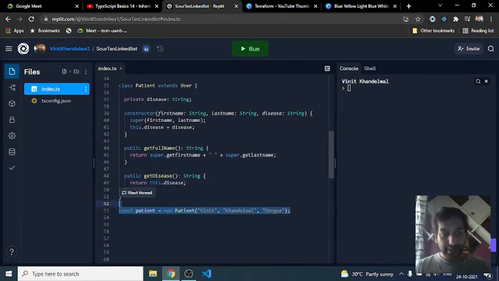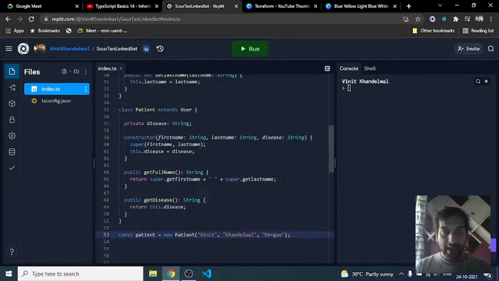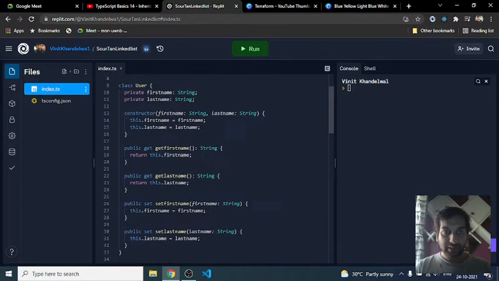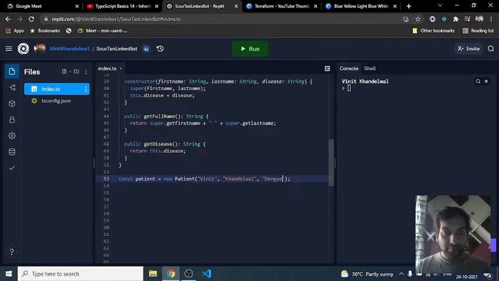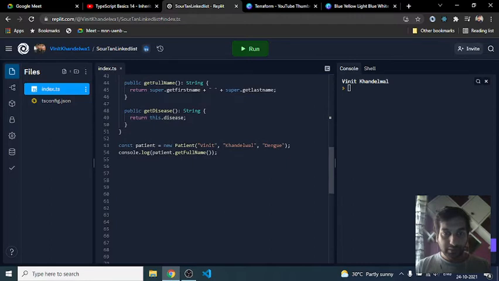Let's go to next, and now I create an instance of patient, right, which extends user. So new patient, I'm passing it first name, last name, and disease. Okay, I've passed in all three things, and it will set in here in this constructor. It will call this constructor, it will set in here, it will give me access to everything. Let's see, it will give me access to get full name, of course, right? It will give me access to get full name. Also it will give me access to